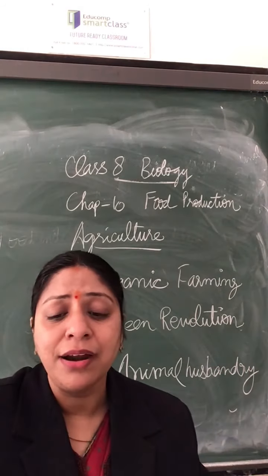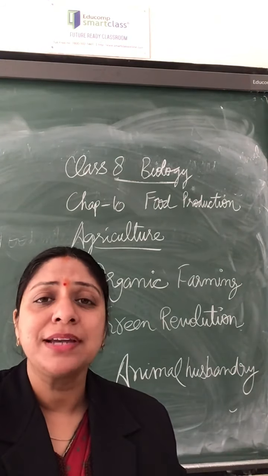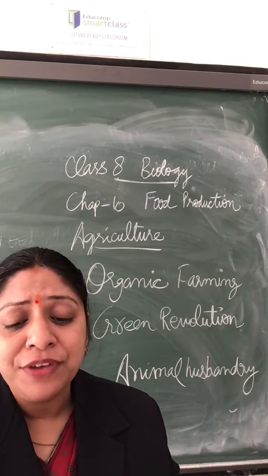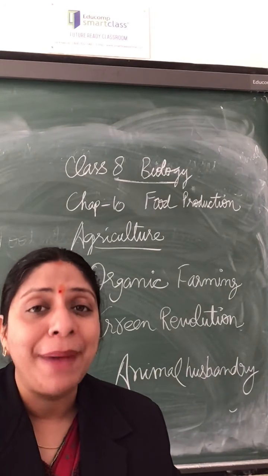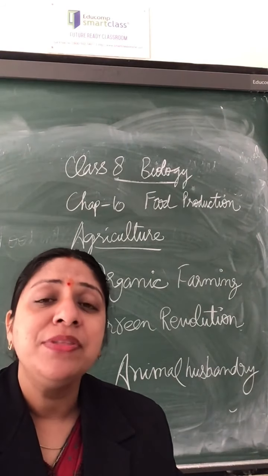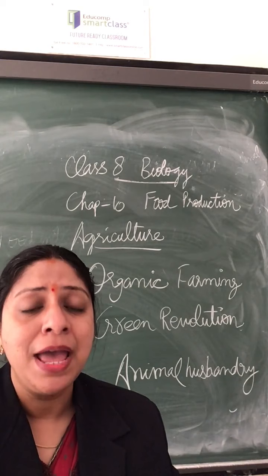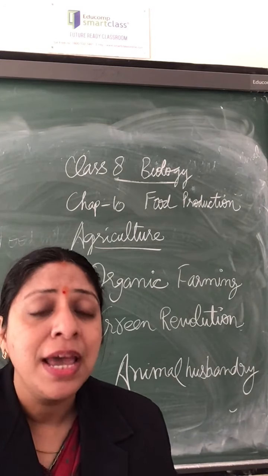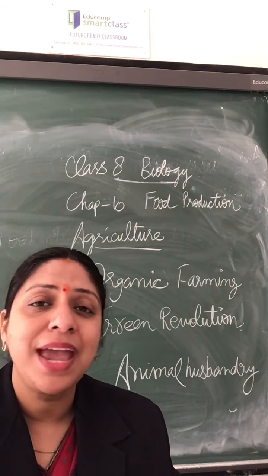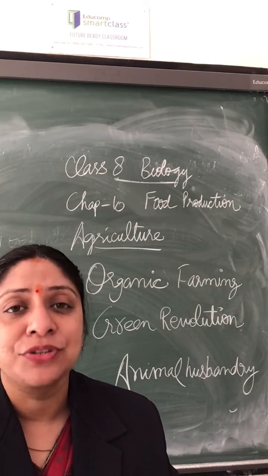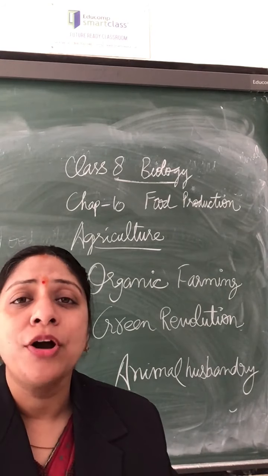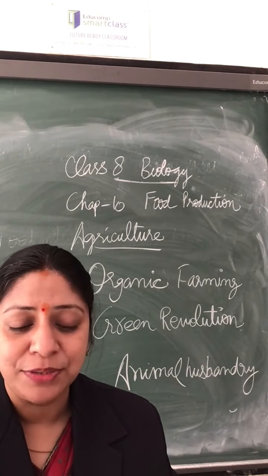Four of the factors are controlled breeding, that means the animals are not allowed to uncontrollably produce more new organisms. Feeding, that means taking care of a proper and balanced diet for these animals. Weeding means that if in any animal undesired characteristics have come up and are going to harm the other organisms, then it should be removed from the group. Heeding means taking proper care and management of all these animals. This is called heeding. So controlled breeding, feeding, weeding and heeding are the important points to be considered for animal husbandry.